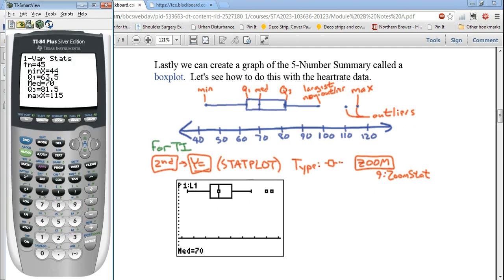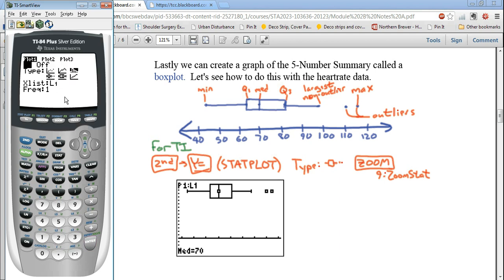All right, so I'm going to pull up my calculator again. Still have my one variable stats, and here's the 5-number summary. And recall, if you've read already in the OLI or in the notes, that the box plot is a graph of the 5-number summary. Okay, so as with the histogram, this is a statistical graph, so we're going to hit second and the y equals key, which will bring us back to the stat plot menu. Okay, it can be confusing to have multiple graphs at the same time unless you really intend for that to happen. So I'm going to go back into stat plot 1 since it's already on,